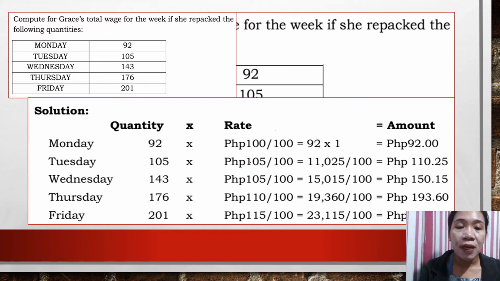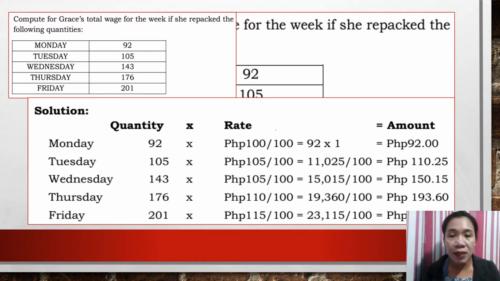So solution, Monday, 92 times 100 kay below 100 man, so 100 ang ijang per day. So 92 times 1 is 92 pesos. Pagka Tuesday, 105 ang iyang nahuman, quantity. So, ang iyang salary or wage per day is 105 pesos per 100. So, 105 times 105 divided by 100 will give you